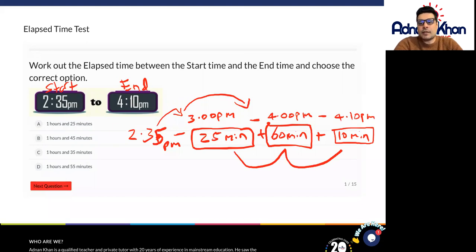Let's add these up together. So 60 goes at the top because it's the biggest number, then 25, and then 10 minutes. Let's add up these together. So 5 on the right and 9 on the left. So 95 minutes altogether. Now we've got to convert 95 minutes into an hour and minutes on top of that,